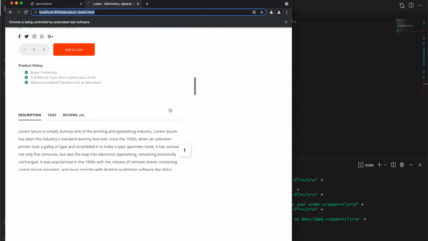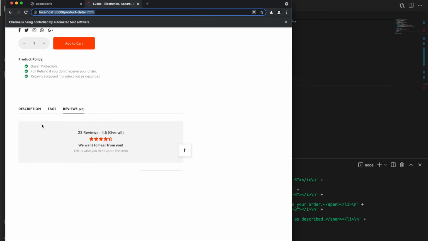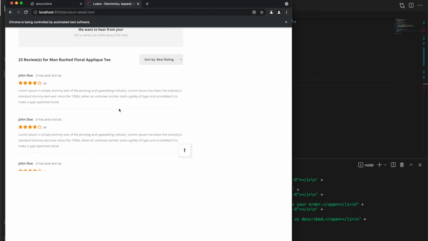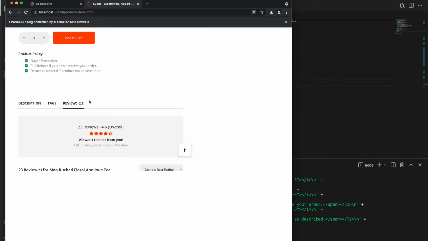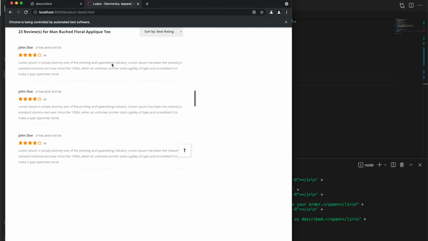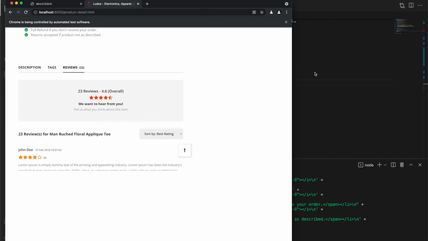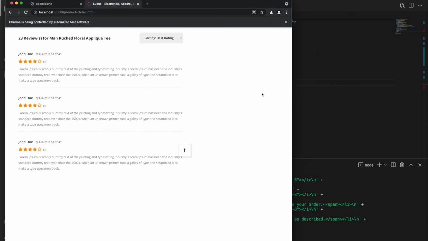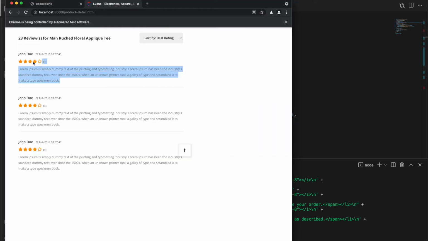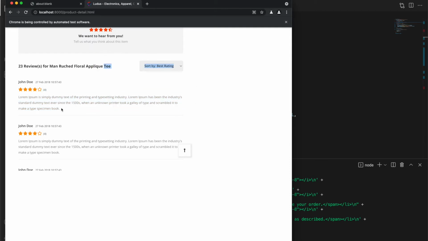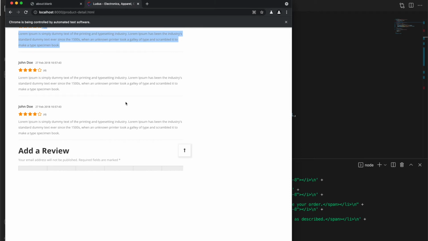Let's scroll down. Oh, now we changed to reviews. That's because we have this code that clicks on reviews. So if that would be running asynchronously, in other words, if you have to click on this before it appears in the source, that would actually work, because Puppeteer would click on this button, and then we just would have to make sure that we wait for a selector, at least, for example, this text or the first review, just to make sure that it's all loaded, and then we can start scraping them.